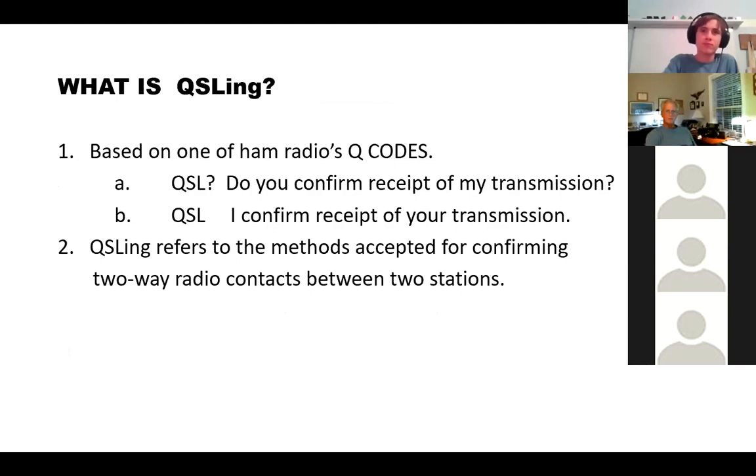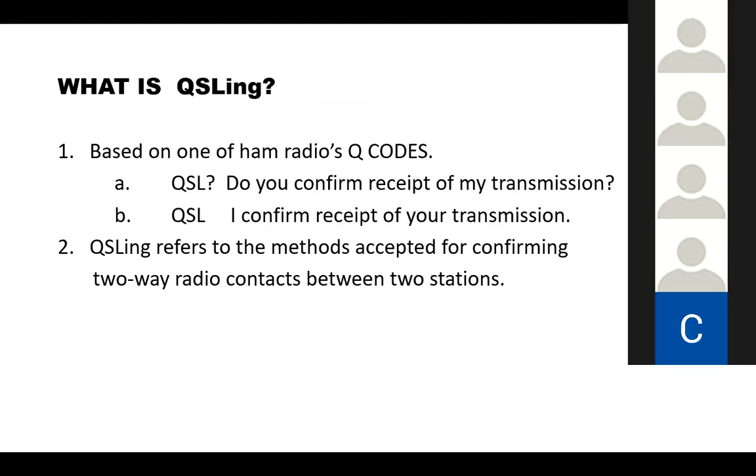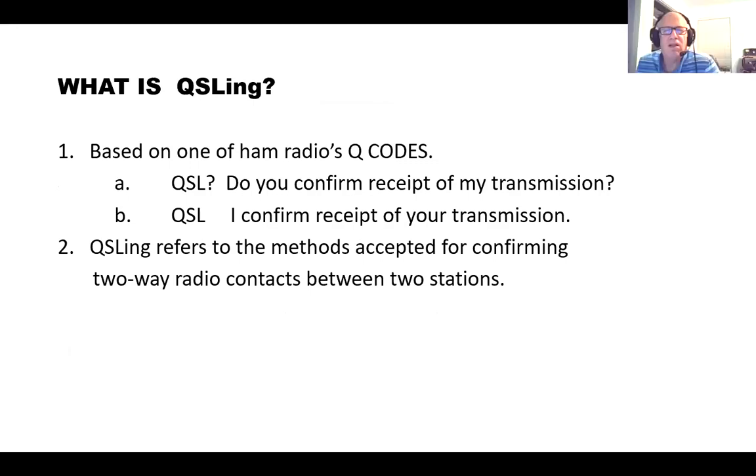Okay, QSL is one of the basic radio Q codes. It has dual meanings, even though I think number one has kind of gone away. It used to be that when you gave a report or some information, you ended it by saying QSL. And the station would confirm, QSL, I do receive your transmission 100% in weather. I think today they don't bother with that so much. If you don't copy the information, it's up to you to ask for a repeat. I know in CW, they just refer to it as Roger, a big R, and they don't worry about all the other letters and so forth.